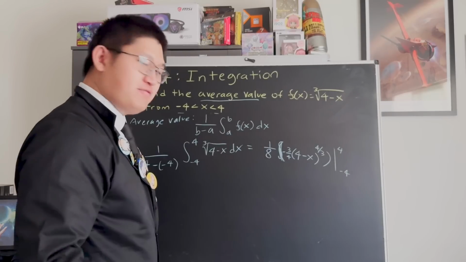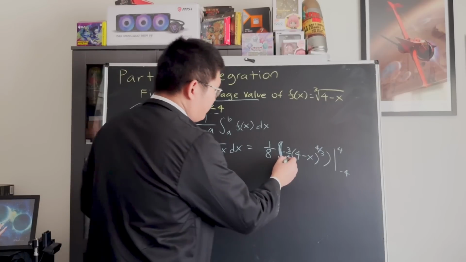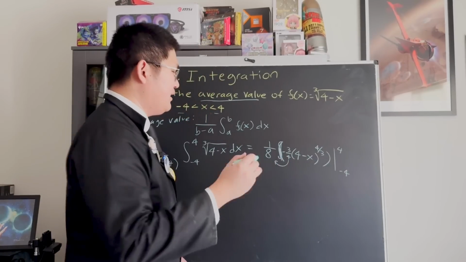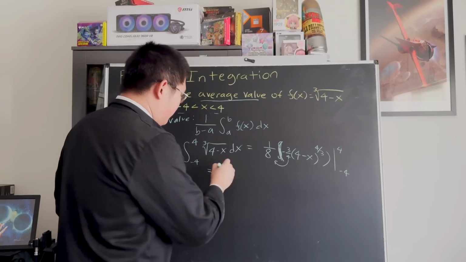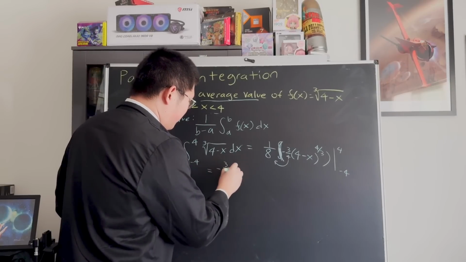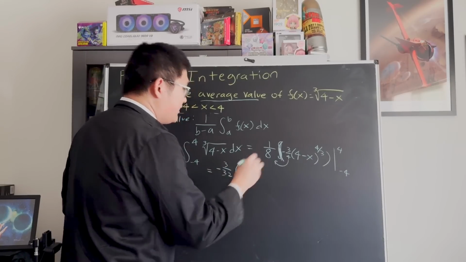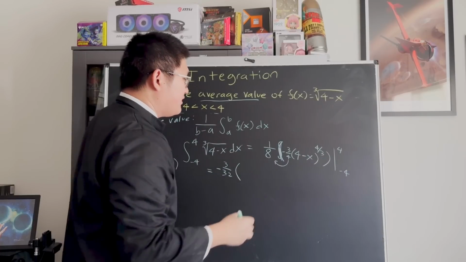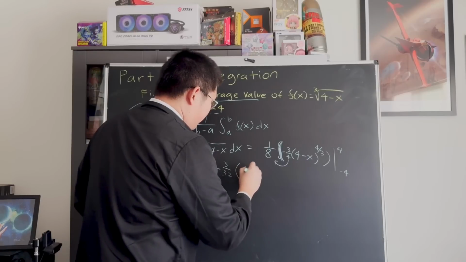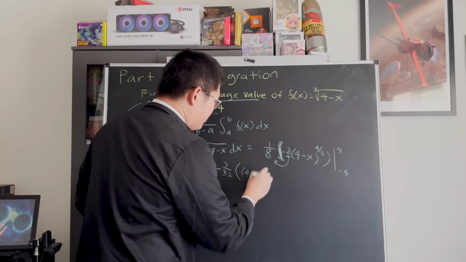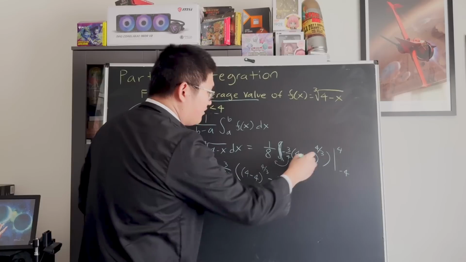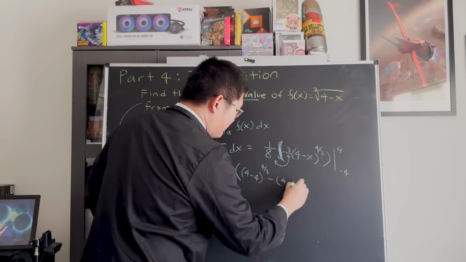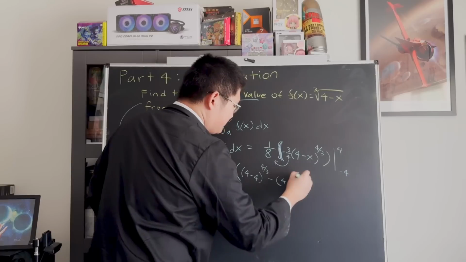Okay, a few steps waiting for us, but first we can kick out that coefficient because that's going to be the same on both sides. So let's continue our line of work here with a -3 over 32. Then going forth here, our first limit is going to be the 4 minus 4 raised to the 4/3 power, and then subtracting it with the other limit now of 4 minus -4, all of this still raised to